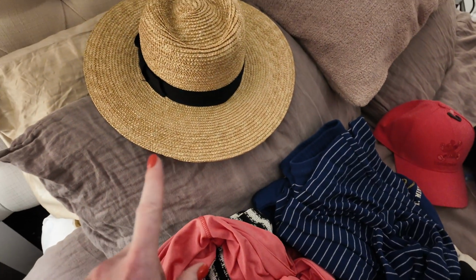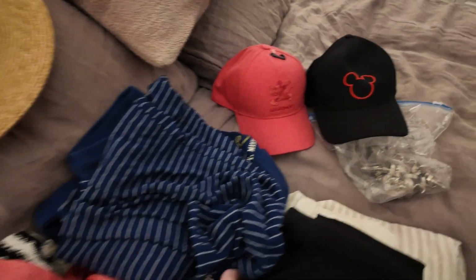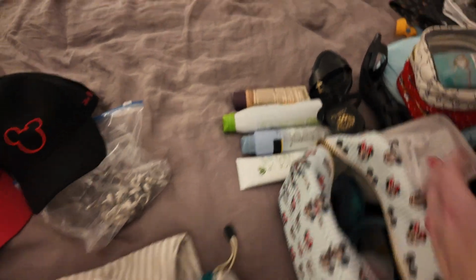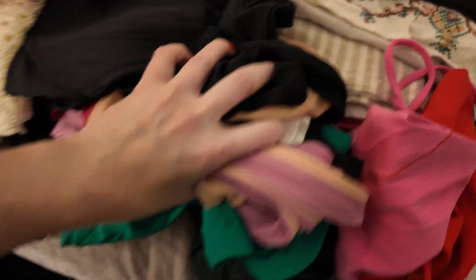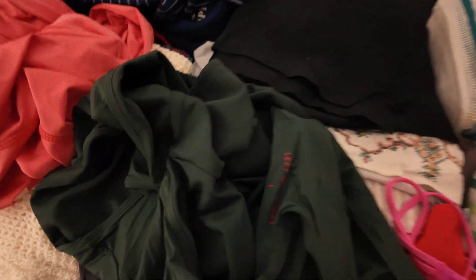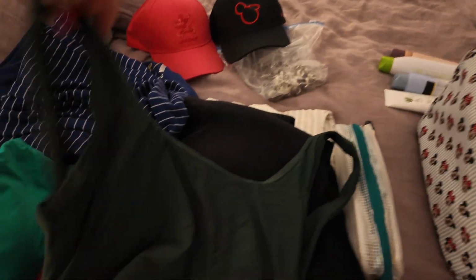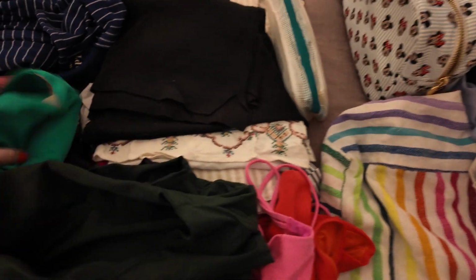I think I'll still bring my beach hat, but I'm thinking, should I just bring the Lululemon hat? I'm not sure. And then I've got sunscreen, and let's move these over here. Then I've got lots of swimsuits, which luckily are really small because I cannot decide. I know I'm going to wear my new one-piece green one that I got from Left on Friday, but the other ones, I'm just bringing a bunch of bikinis and I'm just not sure which ones I'm going